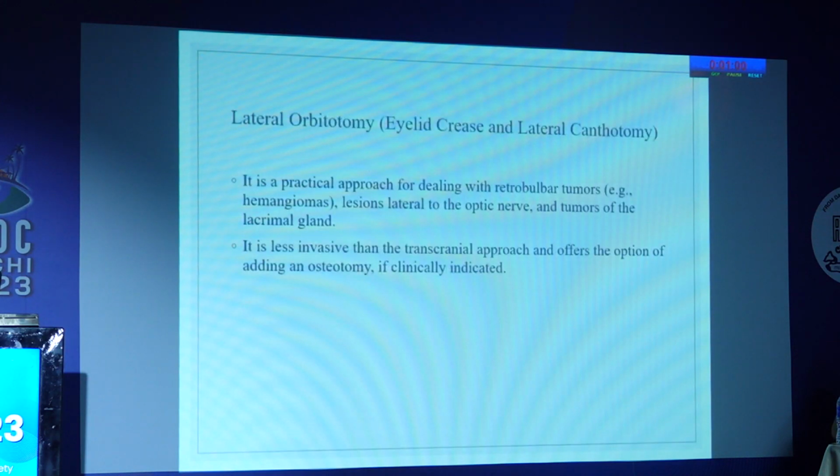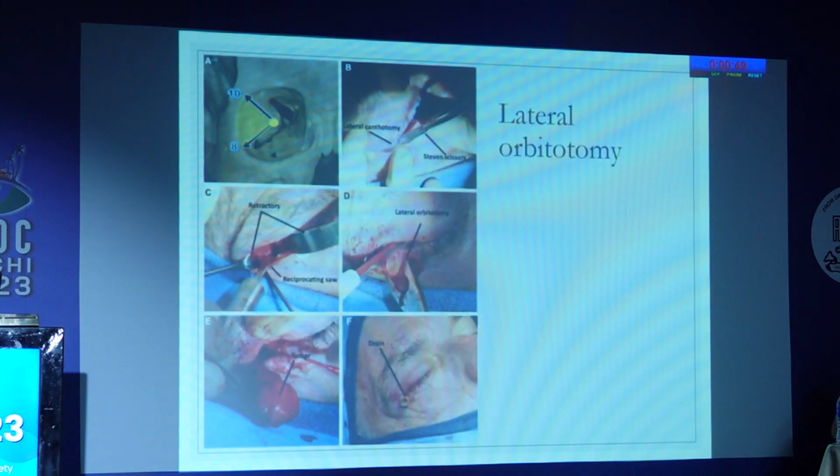Lateral orbitotomy includes eyelid crease and lateral canthotomy. It is much less invasive than the transcranial approach and offers the option of adding an osteotomy. This is the picture showing the lateral orbitotomy, in which the incision axis runs from 8 to 10 o'clock, and then eyelid crease and lateral